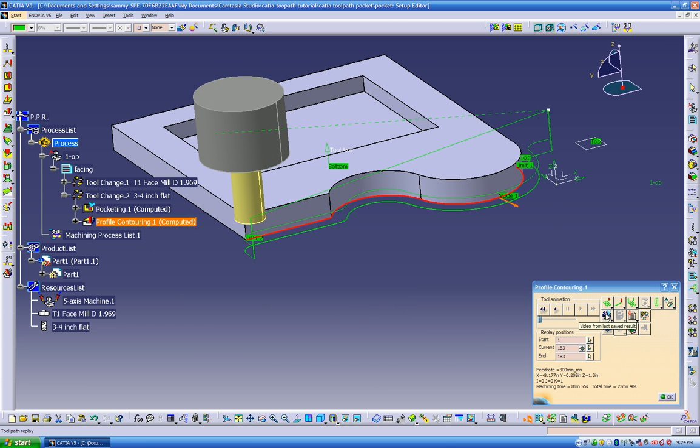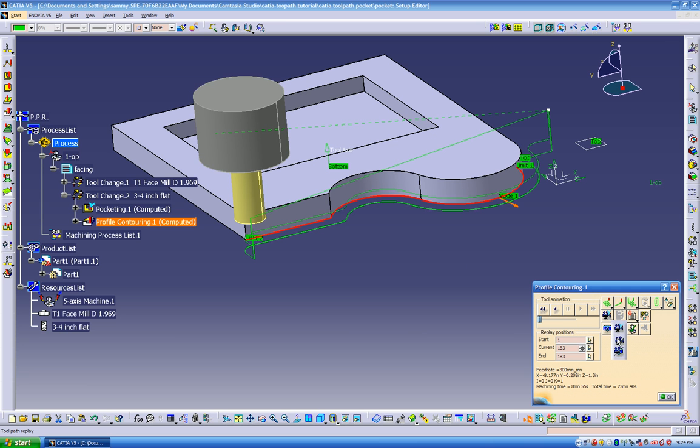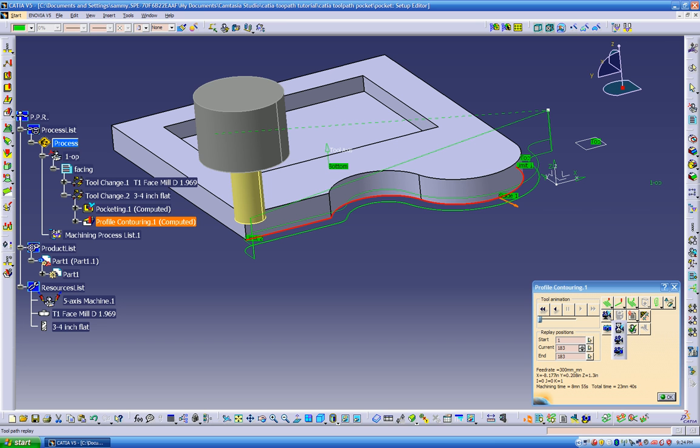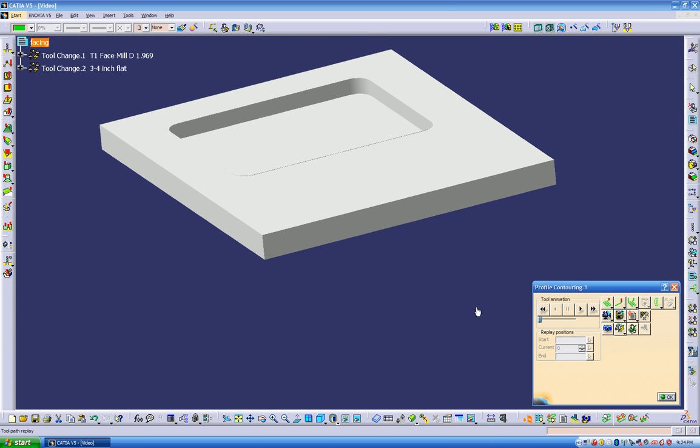Now we can do a toolpath. We can watch a video simulation from the previous operation. So instead of running a full video, which is going to start from the beginning, we can run a video from last saved result. So it knows our pocket was the last operation. And if I do a play,